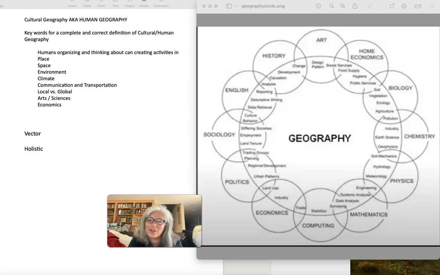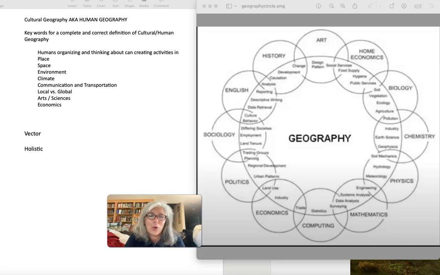Hi students, so this is our first lesson in cultural geography. Our class has a textbook called Human Geography. I have my loose leaf edition of it right here. And human geography and cultural geography, these are synonymous terms because in cultural geography class, we of course are going